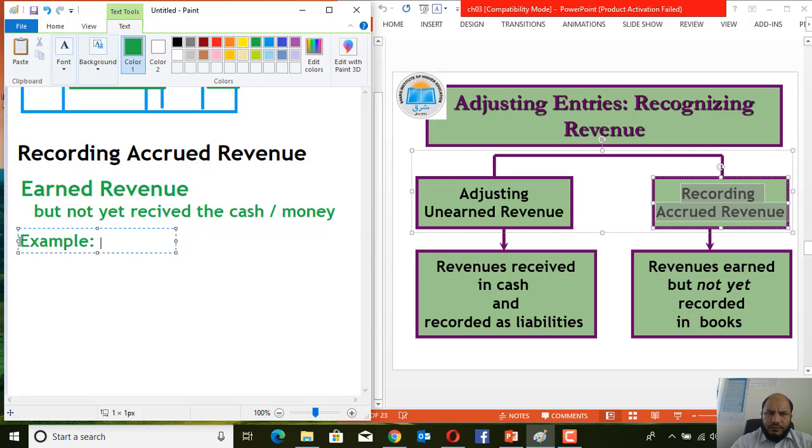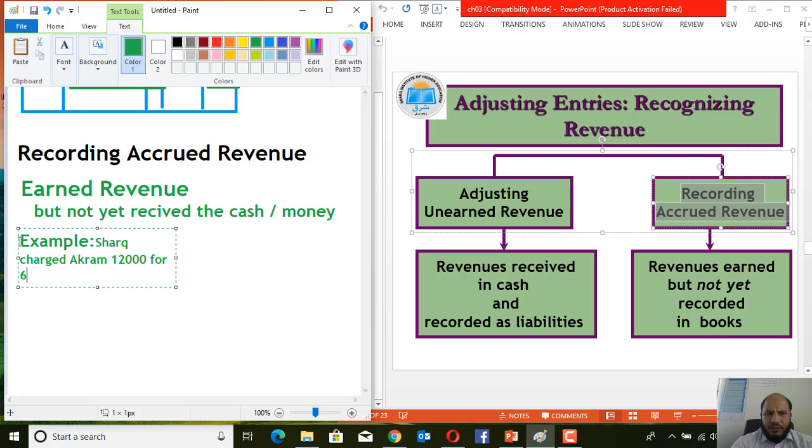Sharq charged customers, and I mean Sharq charged Akram 12,000